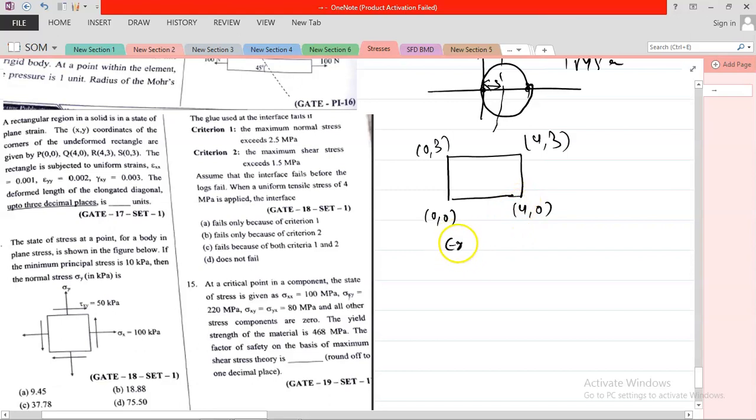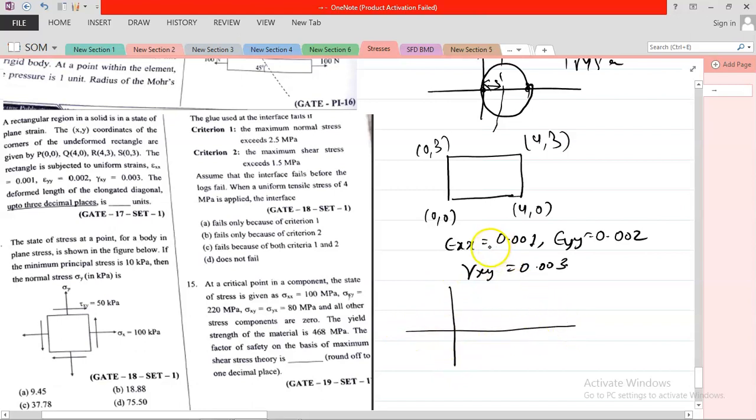That is epsilon x equal to 0.001, epsilon y is given as 0.002, and gamma xy is given as 0.003, and you need to obtain the deformed length of the diagonal. So first of all, you can just use the Mohr circle, because if you draw the Mohr circle with this diagram, you can just go with